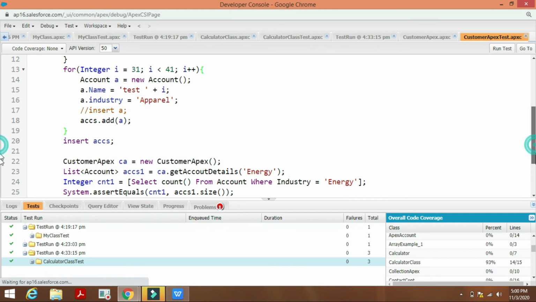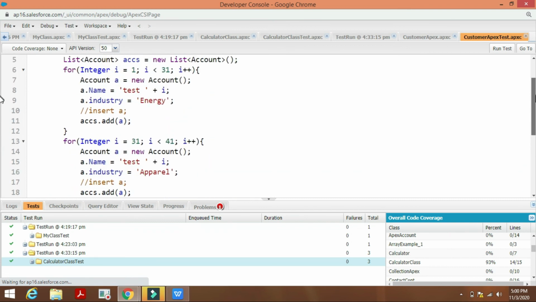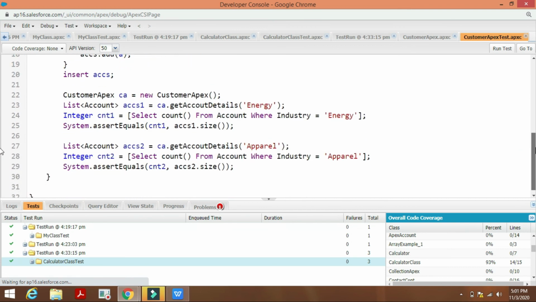Okay, then we have instantiated this actual class called CustomerApex, and then we are using System.assertEquals to check the account size which we inserted. So first 30 records should be inserted, and in the next one 10 records should be inserted.